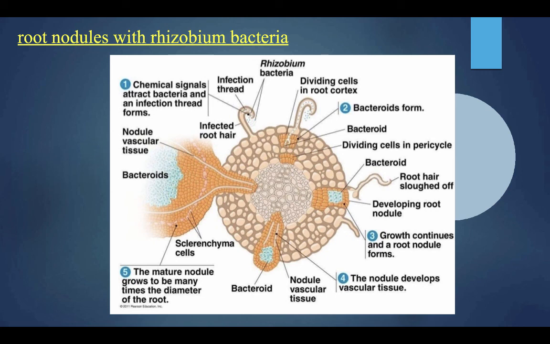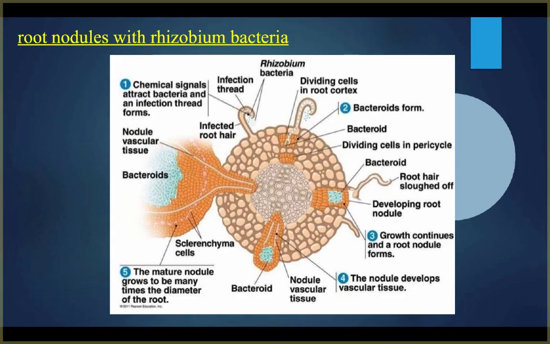And so this, I just wanted to show you kind of a close-up of what was happening here, right? So here is the sclerenchyma cells. And here you'll actually get a chemical signal here that attracts bacteria, and then this infection thread will form. And so you can see those infection threads right here, right? And so they will go, actually,